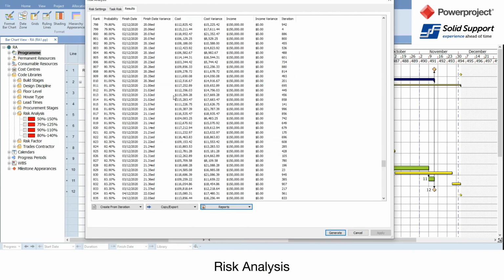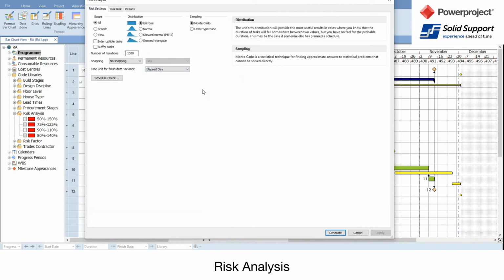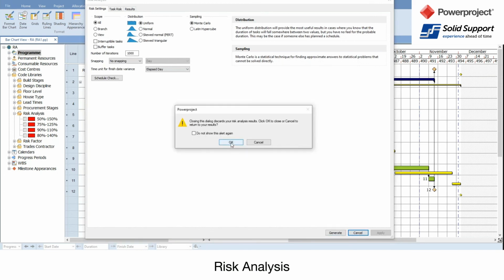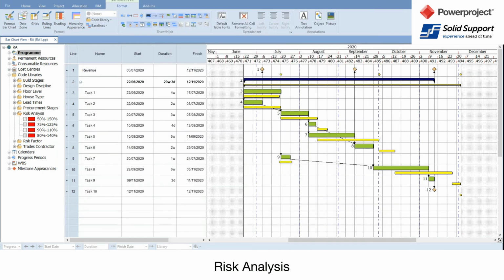Depends on the size of the project and the number of iterations. I run 1,000. A lot of people run 5,000 iterations on it, and it just runs through. And obviously, you can export that data and do what you want with it, or bring that data into Powerproject. Now, if I cancel on that, which will lose those results in there,